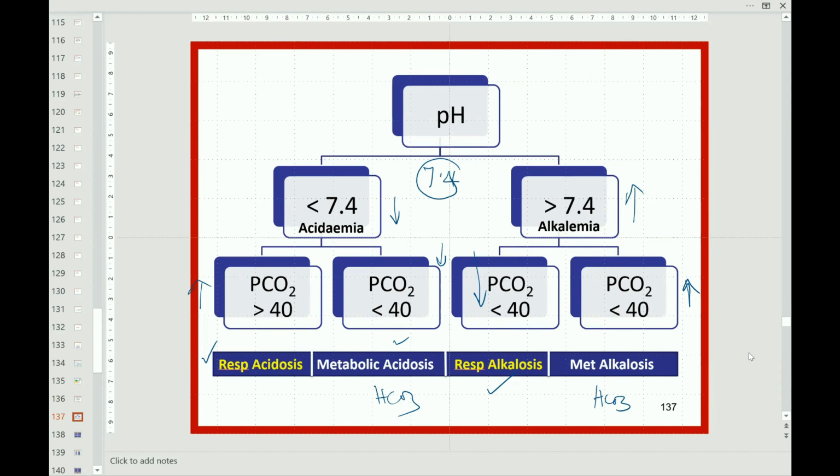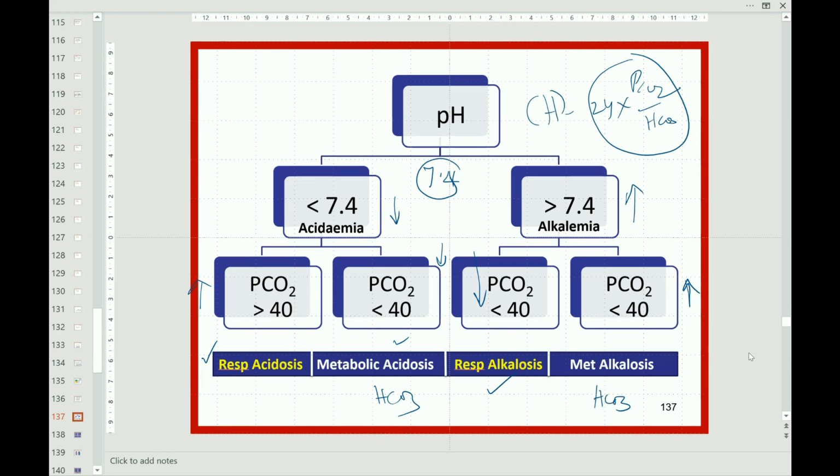Now data consistency, you all know. H+ concentration is equal to 24 multiplied by the PCO2 divided by bicarbonate. This formula you know, and verify the consistency. You get the H+ concentration, convert into pH and see. So in that case you will be able to know whether that is correct or not.